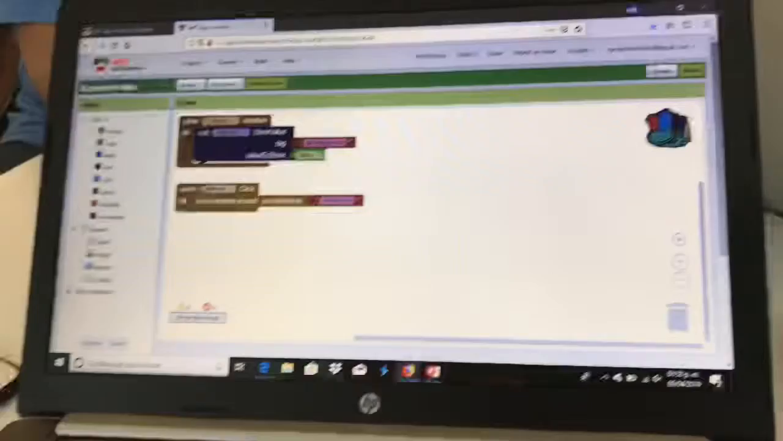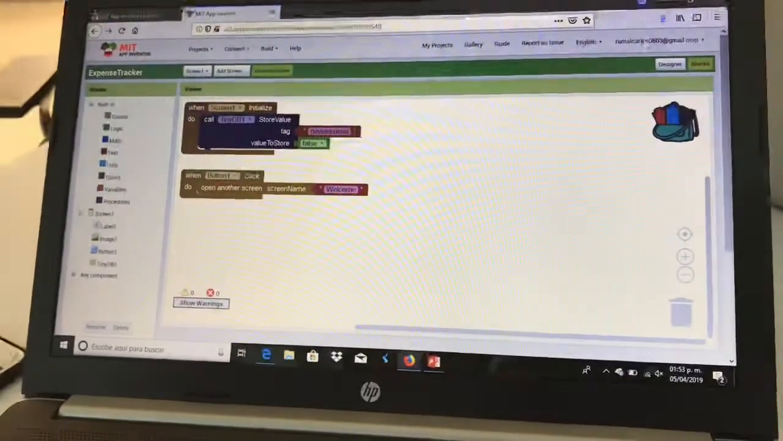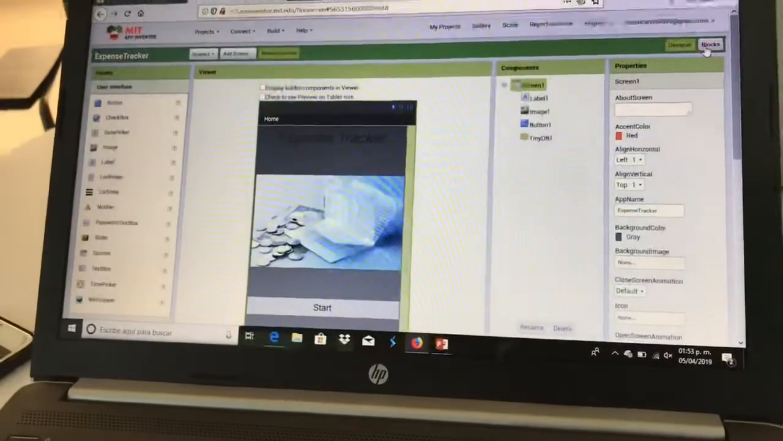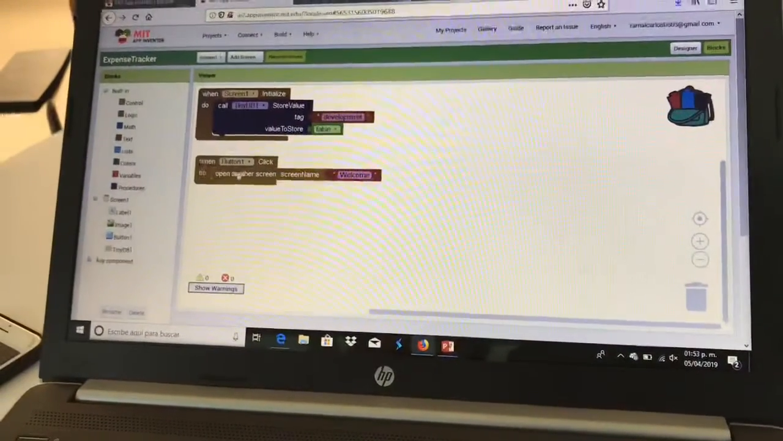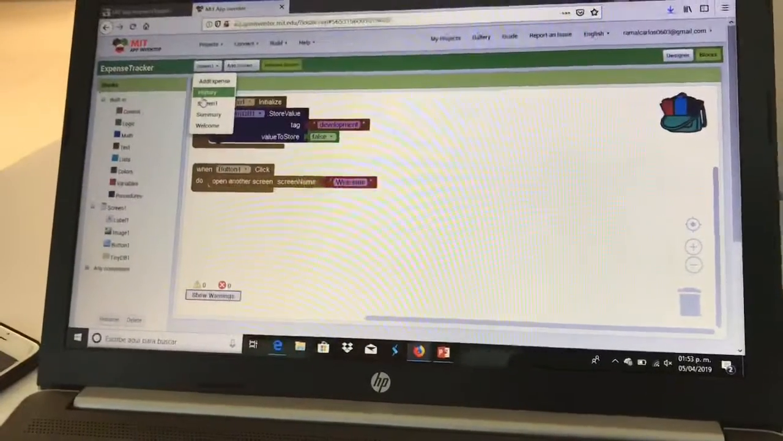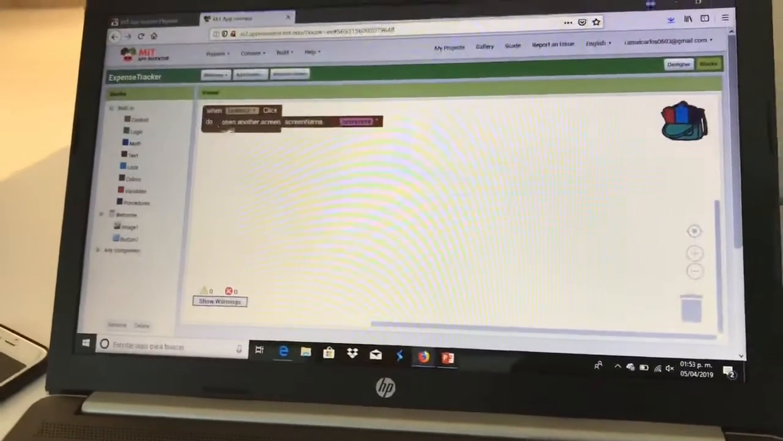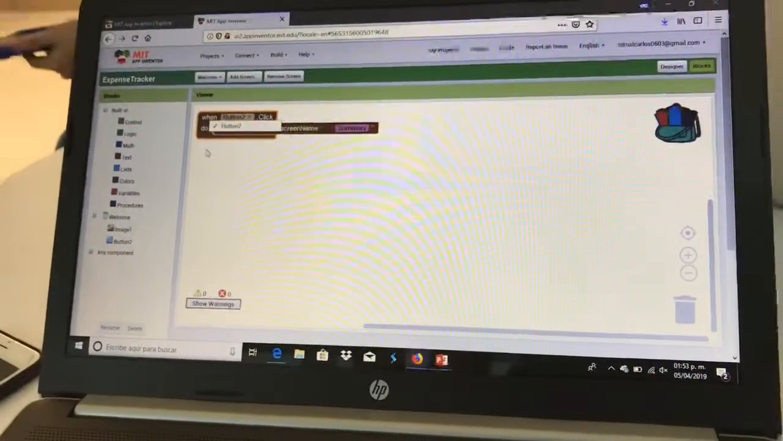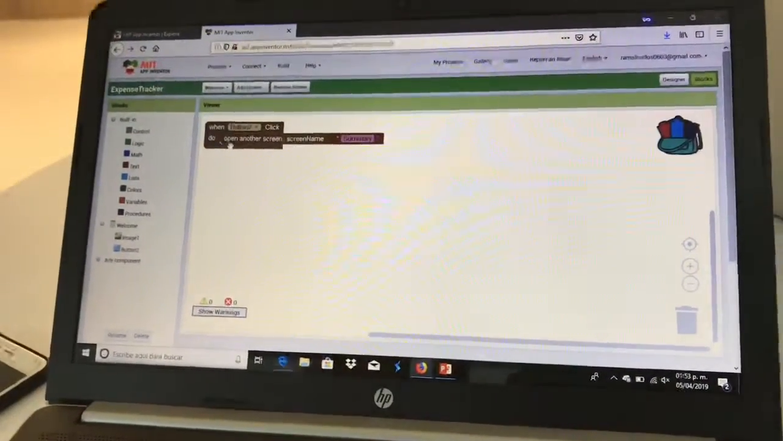When I click the button, and the button is right here, the one that says start, it will open another screen named welcome. Then we go to welcome. When button 2 is clicked, do open another screen named